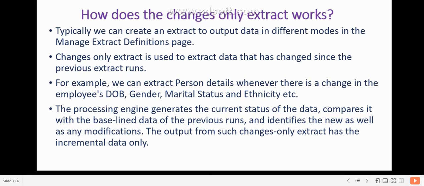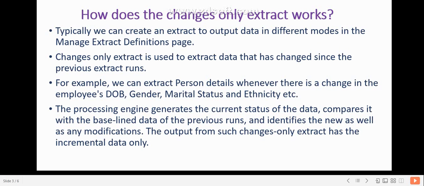First, let's understand how the changes only HCM extract works in Fusion HCM. Then we will see what are the prerequisites or guidelines that need to be followed in order to create a changes only HCM extract. Okay.